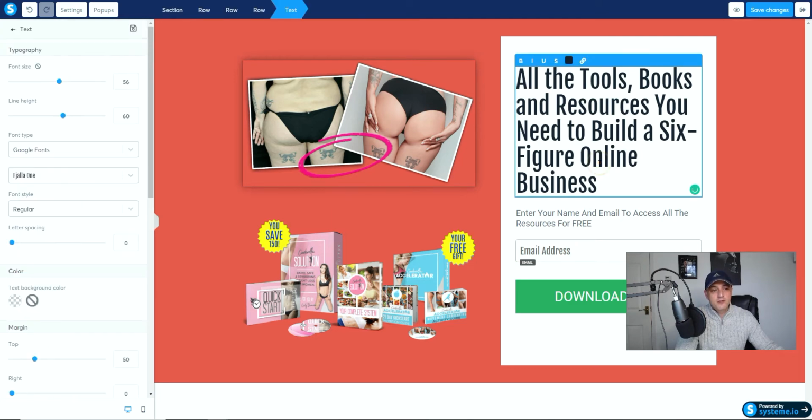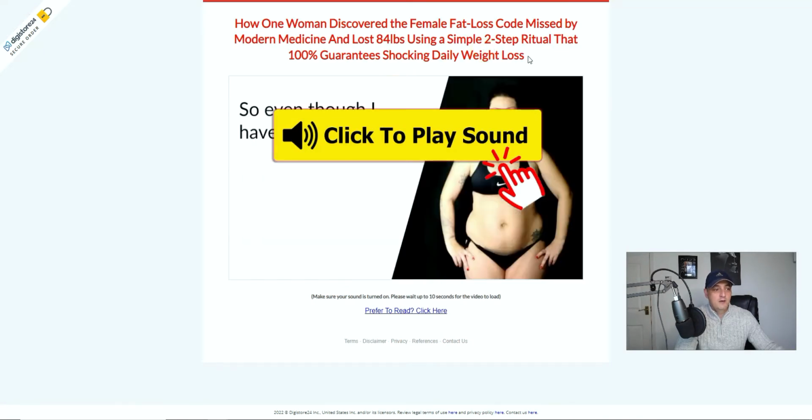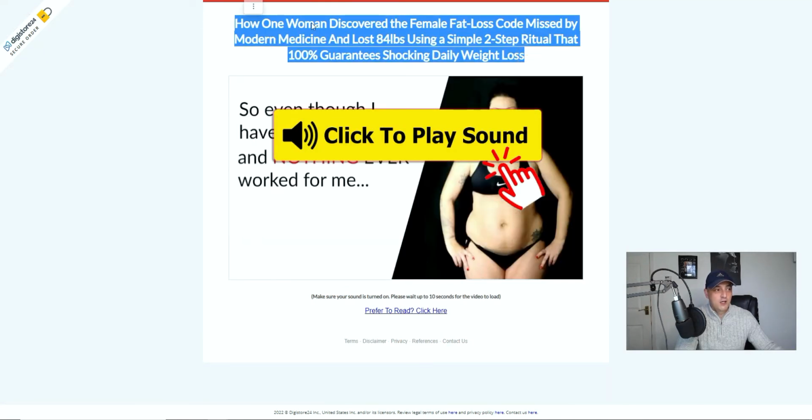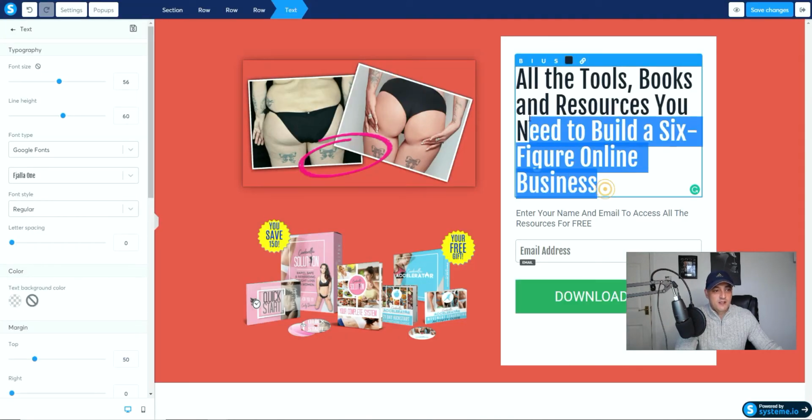Now the headline, obviously this is where you need to be creative and come up with headlines that would get you to click it or be interested in it. One of the best places to go to get that is actually from the sales page itself. So if you go to this particular product, which is the Cinderella product, so it's all about weight loss, you can see the headline here. It looks quite good. Now you don't want to plagiarize it, you want to change it up, but for the purpose of this video I will take this, and let's just see how this reads if I was to paste